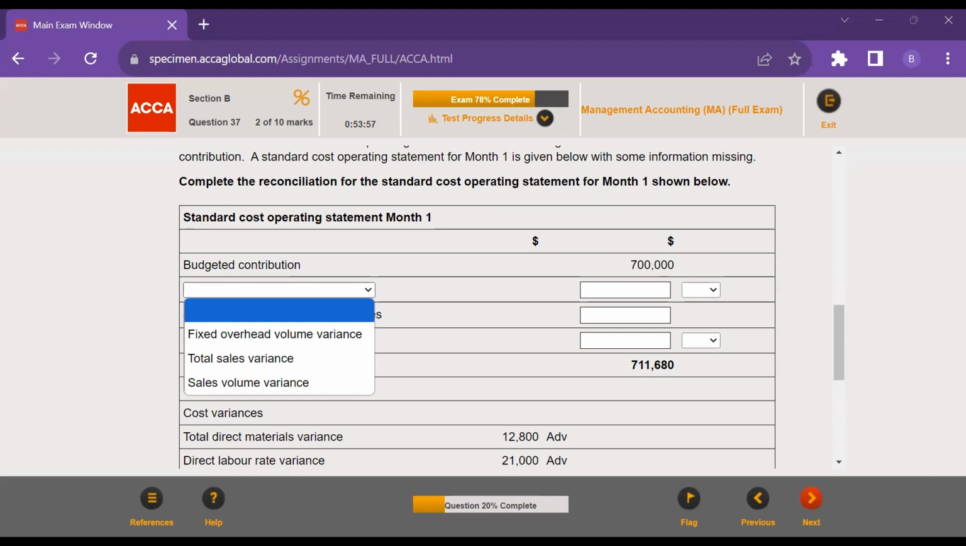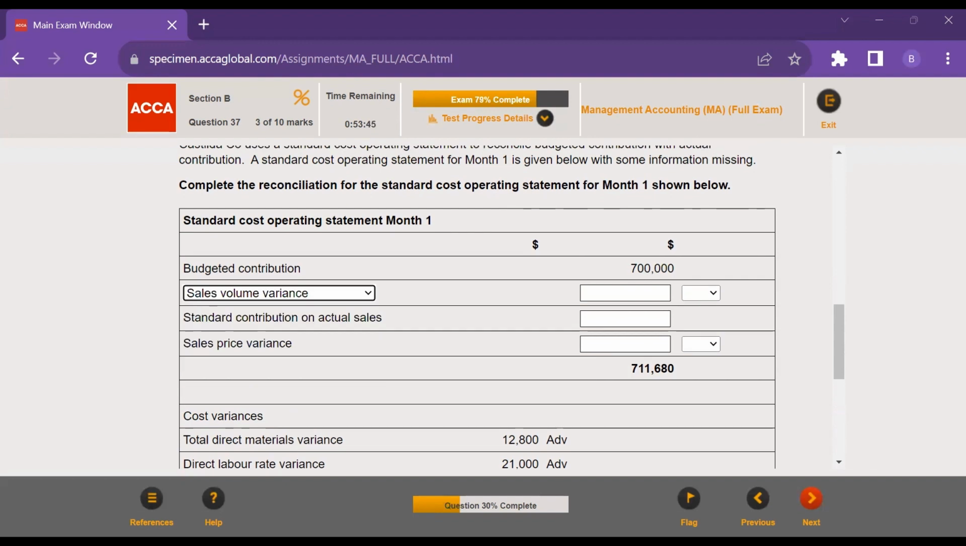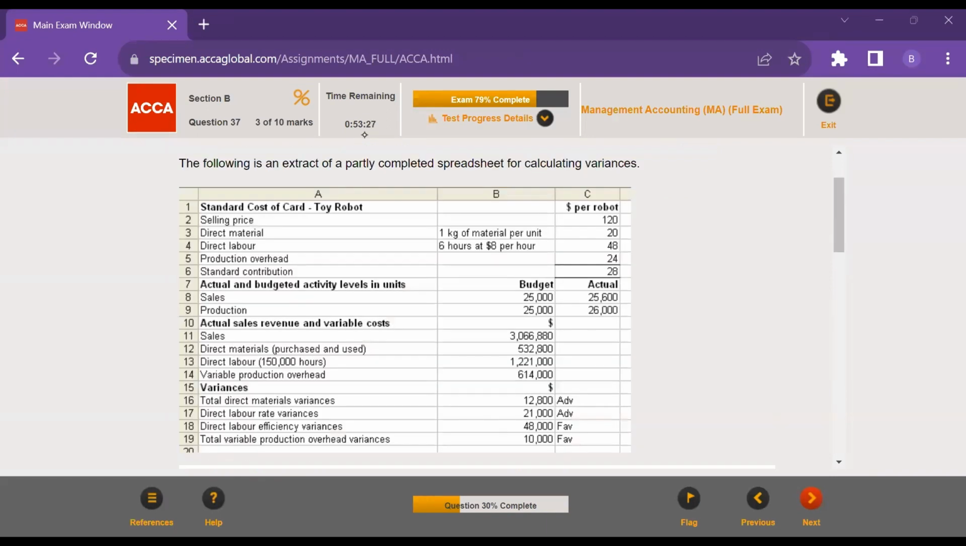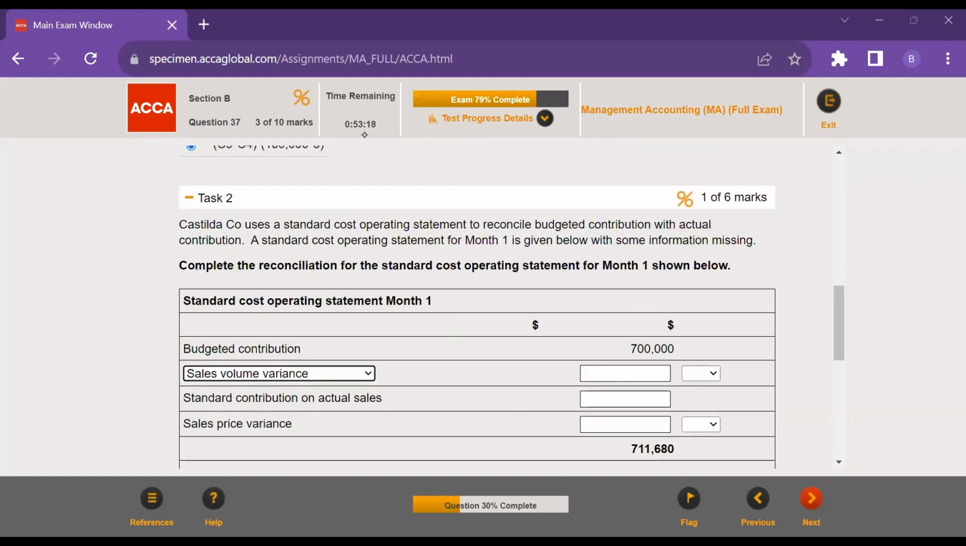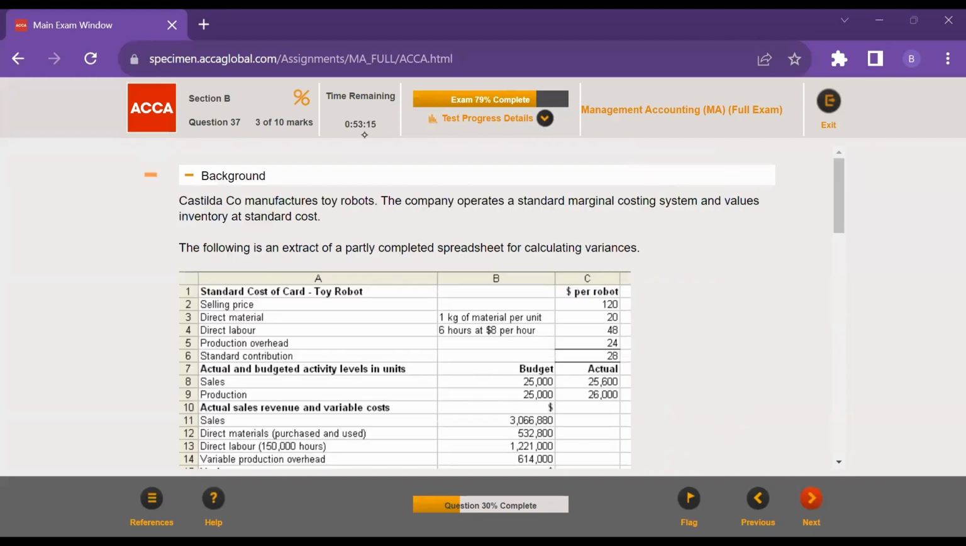So basically, the difference between your contribution and your standard contribution on your actual sales gives you your sales volume variance. So that is why this will be the sales volume variance. And again, we have to fill how much the sales volume variance will be. So let's work out that. So basically, sales volume variance is nothing but the difference of your budgeted and actual sales. So I can see that my budgeted sales were 25,000 and my actual sales came out to be 25,600. So this is going to be the difference, and this will be multiplied by my standard contribution, and my standard contribution is